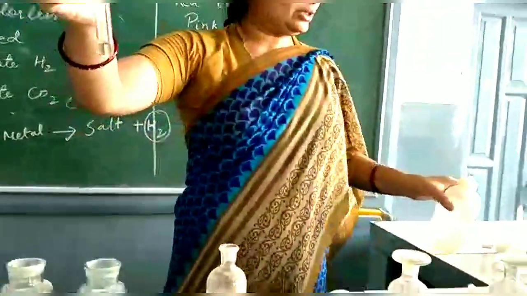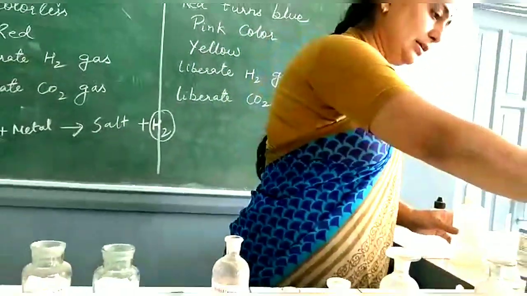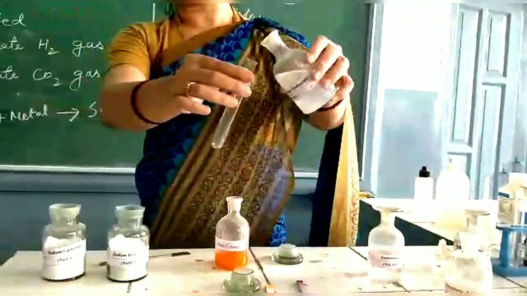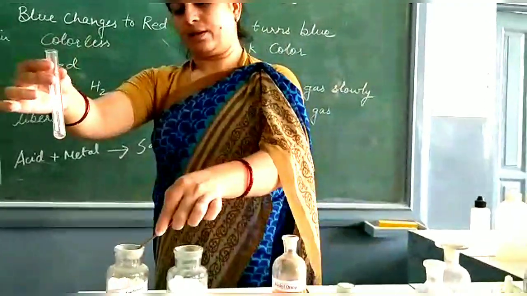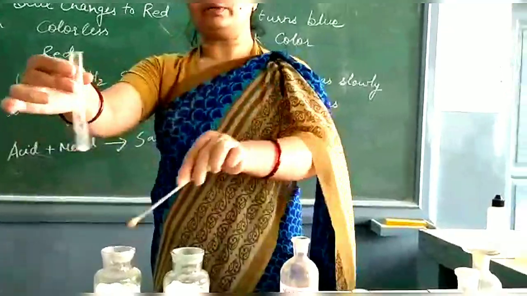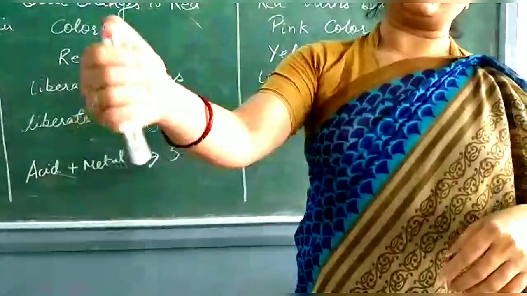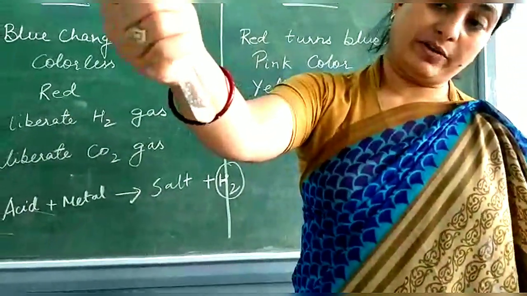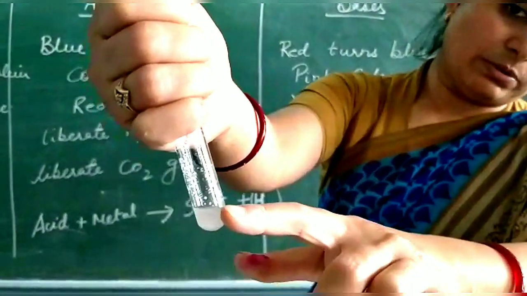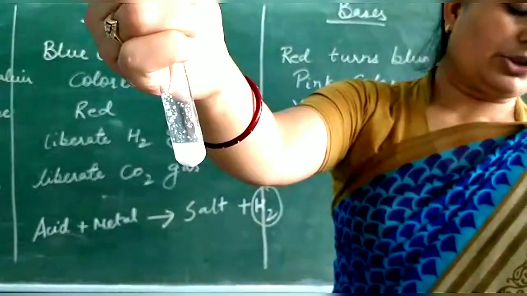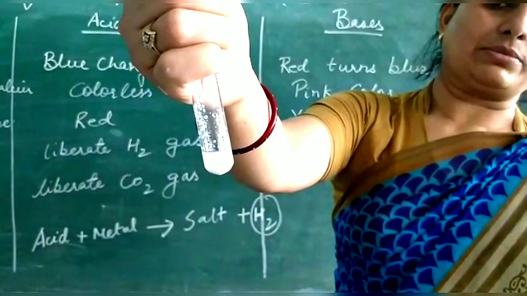I have just taken a test tube and added water just for washing, and then add a small amount of base to it. Adding base along with carbonates, we found that CO2 comes up, but that CO2 comes up very slowly, and thus we cannot see the brisk effervescence. But if I observe it keenly, we found that some small bubbles are coming up on the top of this solution. So this is actually the carbon dioxide that comes out.